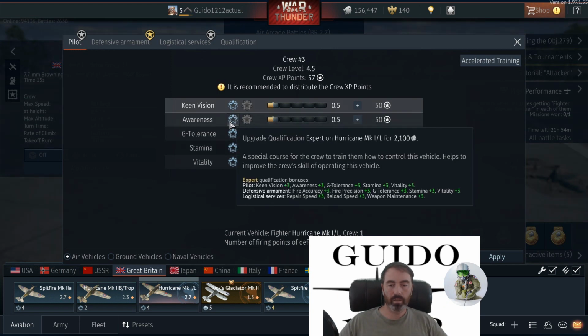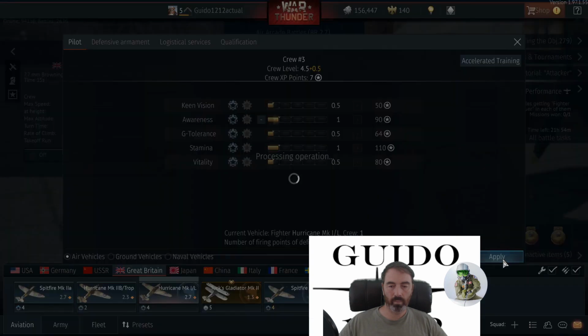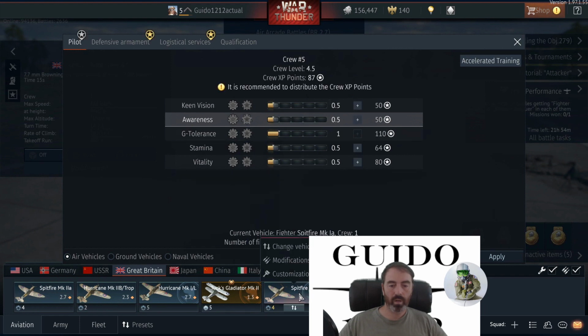So let's go ahead. This is control. There you go. Help with controlling the vehicle. So we'll just do that, and you hit apply. So that air crew had some. He's only got 11. The Spitfire's got 34. The Mark 1A's got 87. So actually, we can do something with this guy. Let's go ahead and improve his